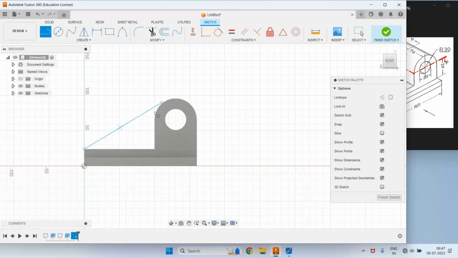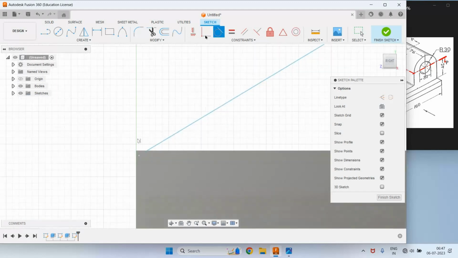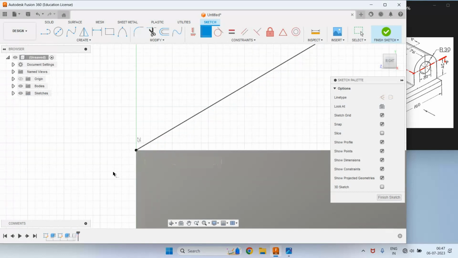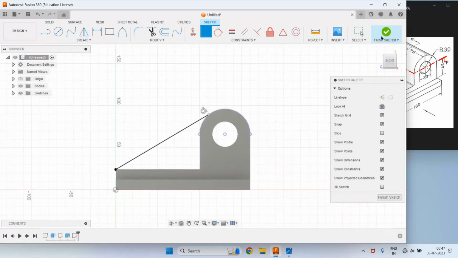So this line should be tangent to the cylinder, so select this tangent constraint, select this line and this cylinder. Also this point should be at this corner, so select this coincident, this point with this point, so it will become black. Then click on finish sketch, click on home,